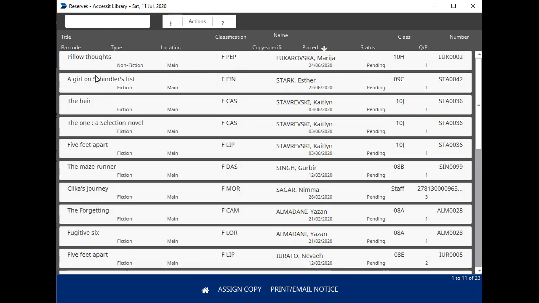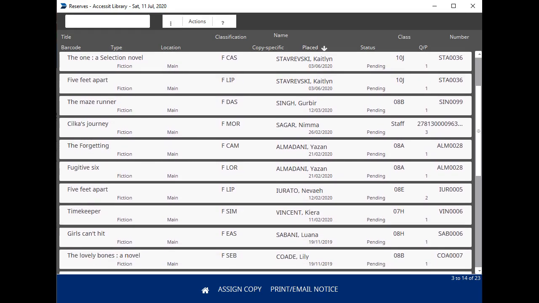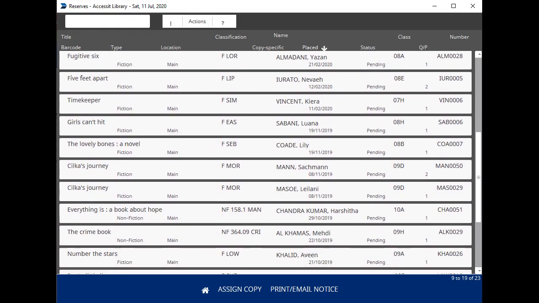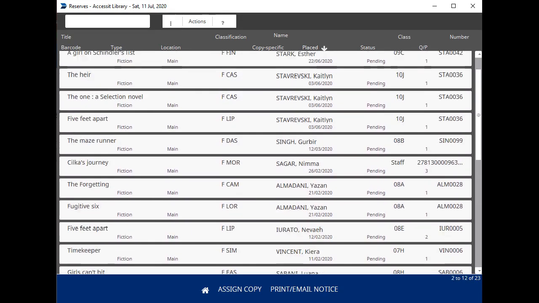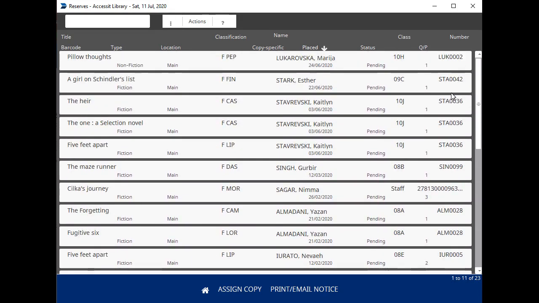So the latest ones that were placed were listed here, so they were in 2020. All right. And then as you go down, you can see some of these are older. Now, we might want to take those off here. But remembering when a student comes and says to you, oh, I've got a book on reservation, can you please check on it? This is where you might find, here where it says status,